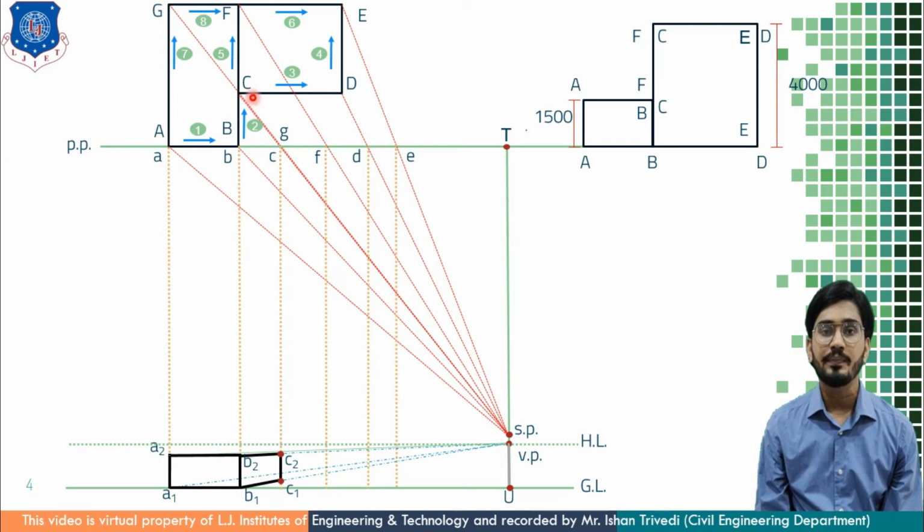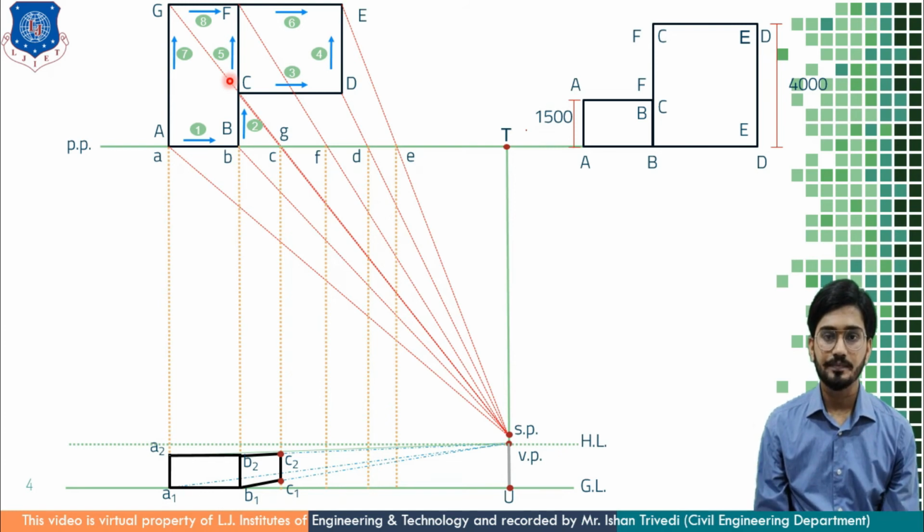How much away? It is 1.5 meter away, but you cannot mark directly 1.5 meter away and determine the height. So if I want to mark the height of C point, then I have to go back to the nearest point which is resting on picture plane. Now why am I dealing with C point? Sir, C point is also of 1.5 meter. No, it is not like that. From C point, the height of element is changed.